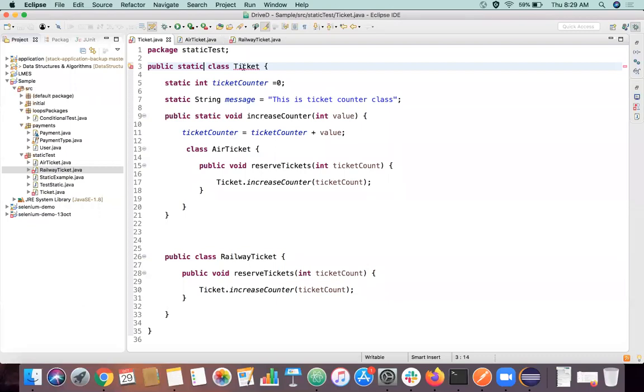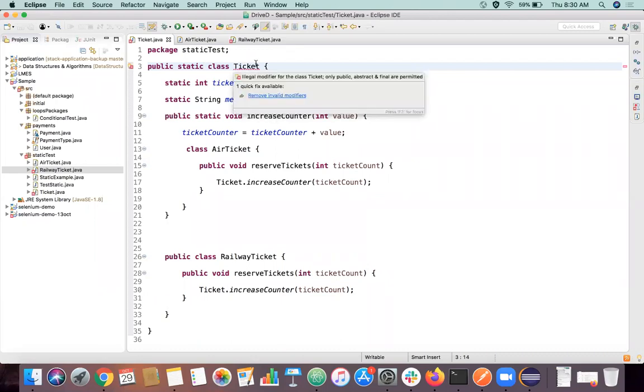So I cannot go and create an object for a static class. Why? Because static itself will load in a certain memory location called static memory, static heap memory. So it's kind of creating a memory for a memory itself, right? It's kind of overriding it. It is not allowed actually. It cannot be possible because it is already loaded, dumped in some memory. How can you create a memory from a memory, right?